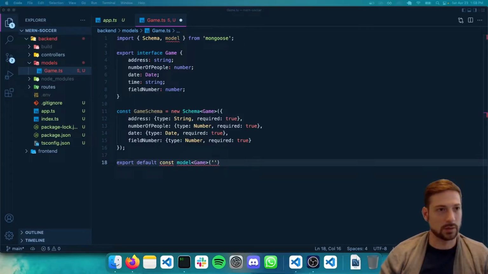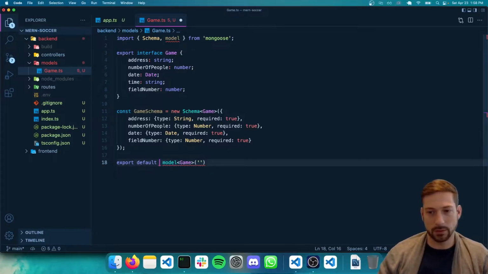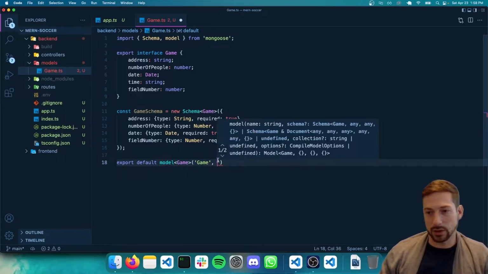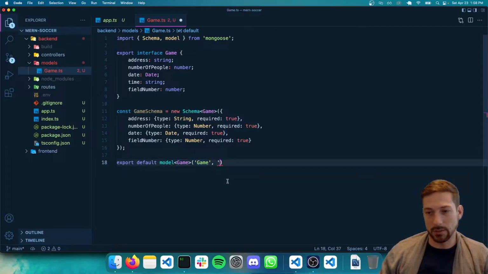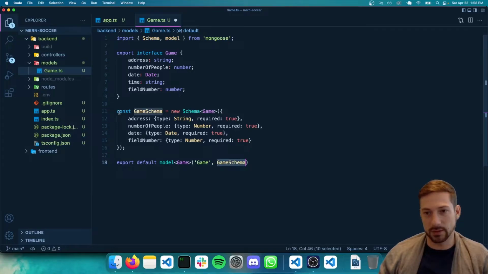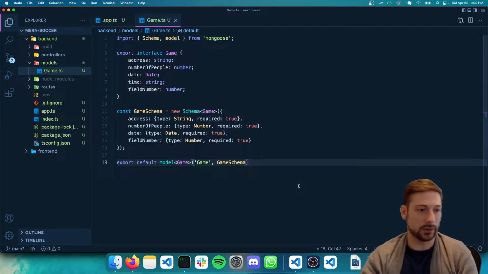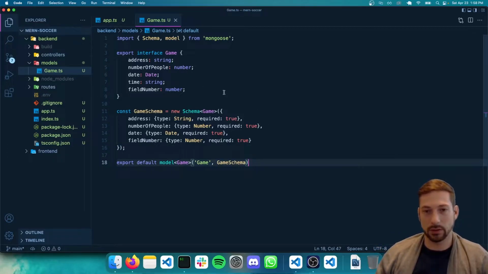Let me check on my notes. I don't want to be second guessing this. So export default model game. This is how it's going to appear in the database, but with lowercase, I believe, and the collection is going to be pluralized, I believe. Game schema, so that way what we call this in the database will be in reference to this Mongo schema that we just created. All right, so with that done, we are going to move on to the controller and